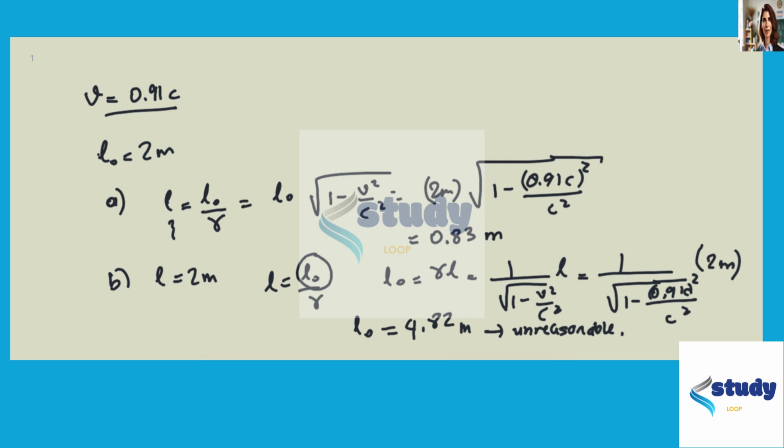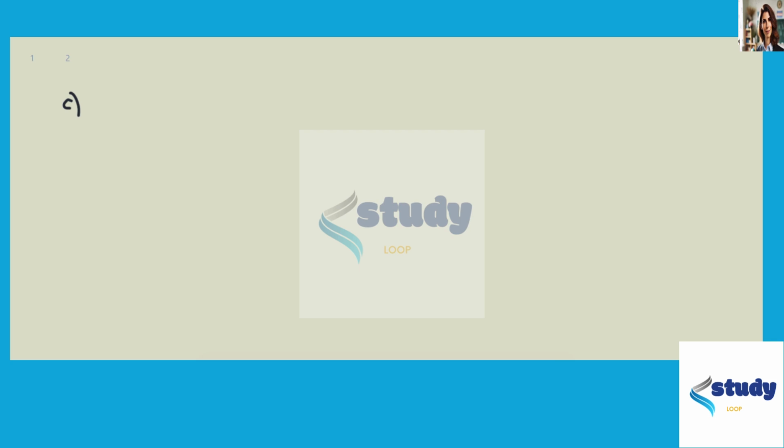Now in part C, we're asked what happens if the pilot's body is not oriented with the direction of the velocity of the ship. The previous measurements A and B were taken when his height was in the direction of the velocity of the ship. Now, what happens if he's standing up? Of course, if that's the case, then whatever is measured as his height in the frame of the Earth is going to be the same as whatever is measured